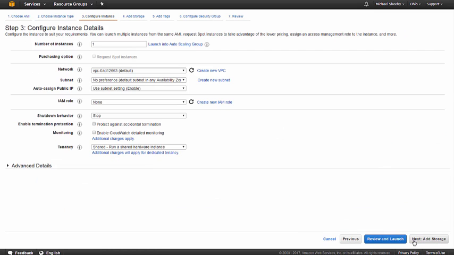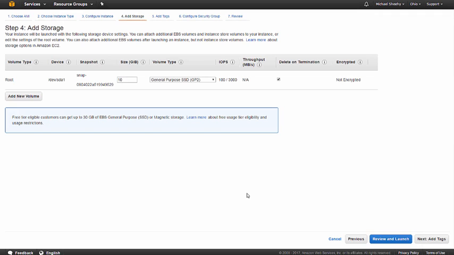That was step 2. Step 3 is configure the instance details, and we'll stick to the defaults, except we'll add protect against accidental termination just as a precaution. Then we add storage for step 4,